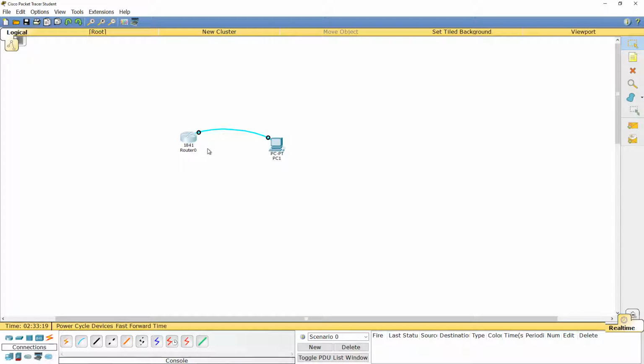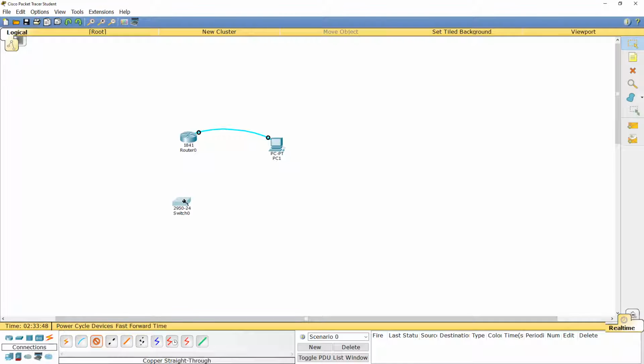For example, in our topology we have already connected a console here. Let's say I have a switch here. I'm connecting the switch and taking the PC cable. Which cable will be connected between switch and router? Straight through or crossover?